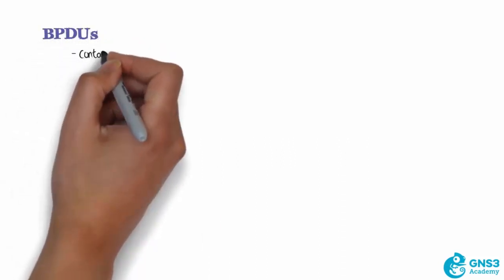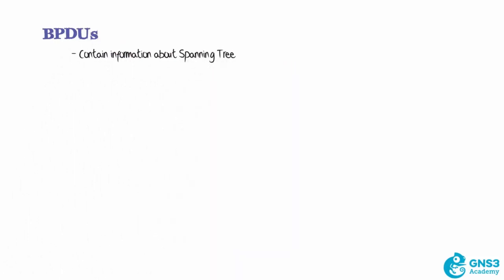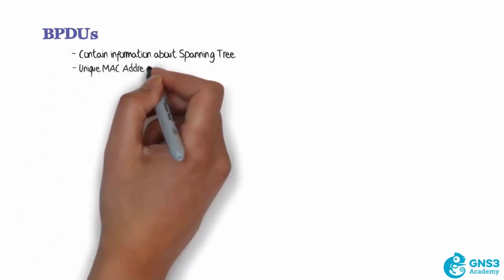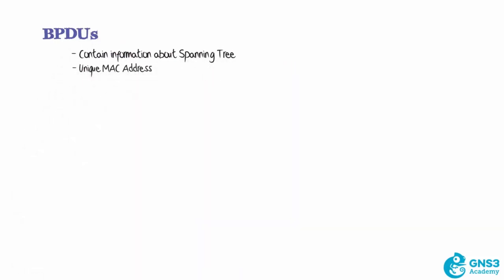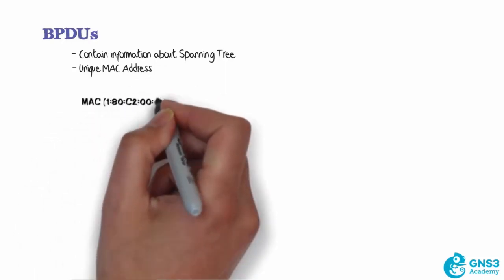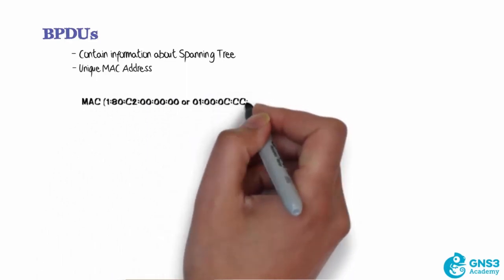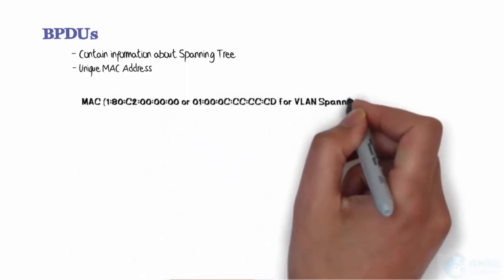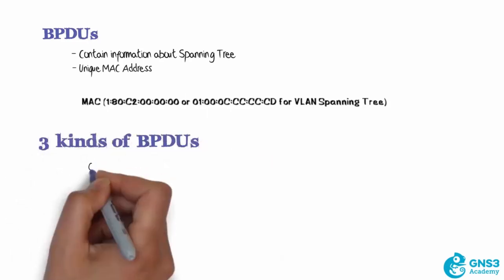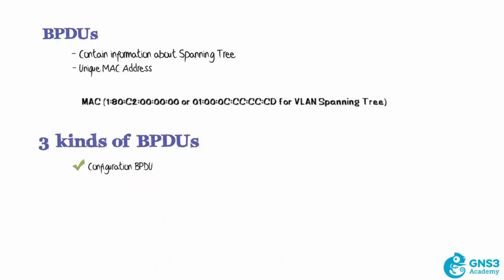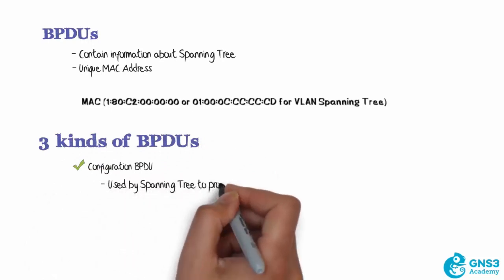So BPDUs contain information about spanning tree. Switches send BPDUs using their unique MAC address to a destination multicast address of 0180C2000000, or if using per VLAN spanning tree, 01000CCCCCCD. There are 3 kinds of BPDUs: a configuration BPDU, which is used by spanning tree to provide information to switches,